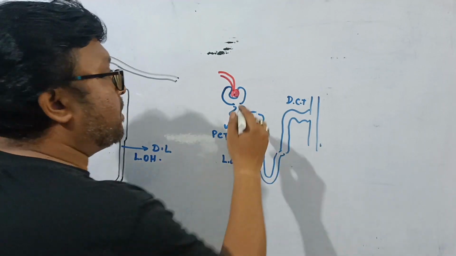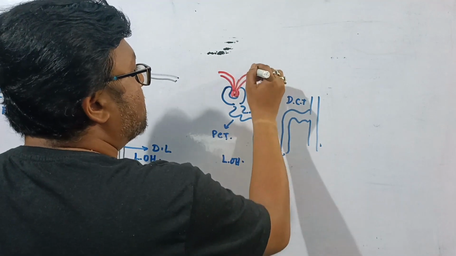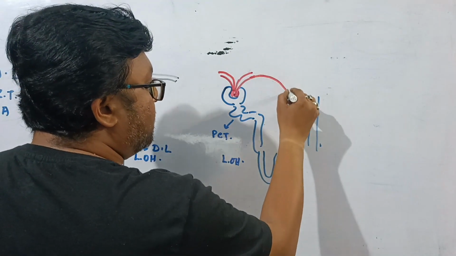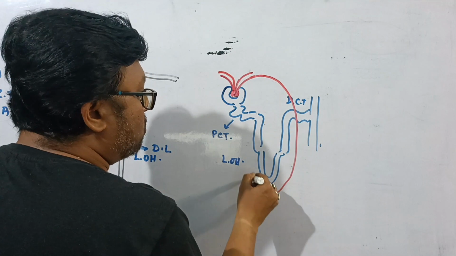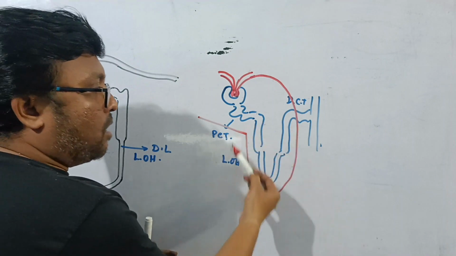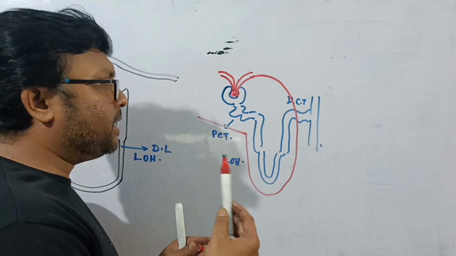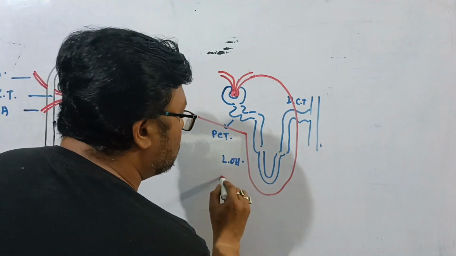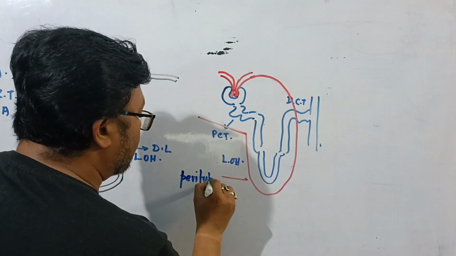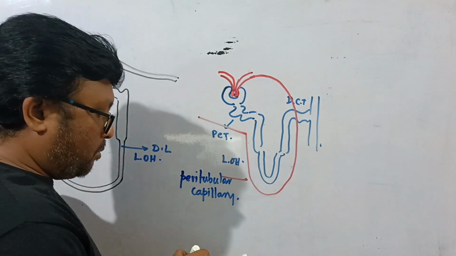It generally forms a network of capillary, and this efferent arteriole it generally emerges out of the cavity of the Bowman's capsule. তো আমি বারবার বলেছি যে this efferent arteriole again gets divided into several branches, and finally we can say that it surrounds the nephron, that network of capillary surrounds the nephron, and what we can exactly say is that this capillary is known as peritubular capillary. ঠিক আছে।